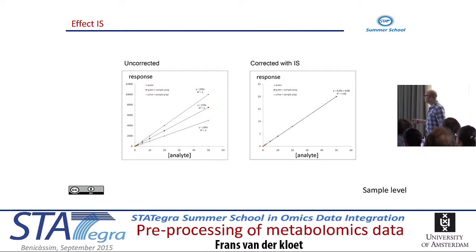Here I have three calibration lines: one in water, that's the top one, another in water plus some sample preparation, and the third, the lower one, in urine. This is the original calibration line, but now corrected for my internal standard, I can see they actually follow the curve perfectly. And that's the whole idea, to make them comparable,